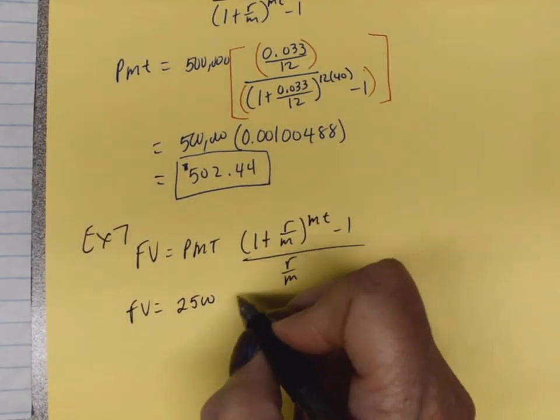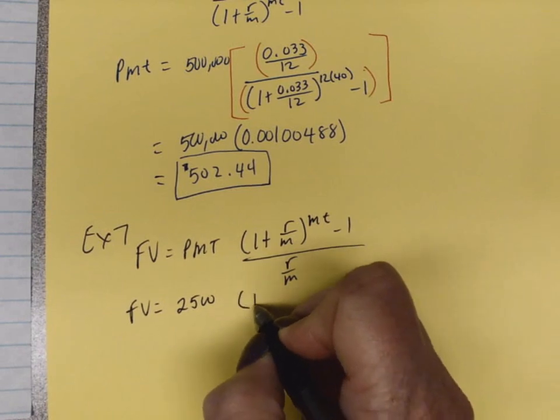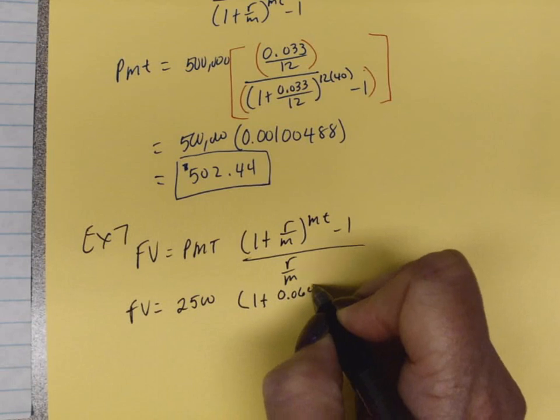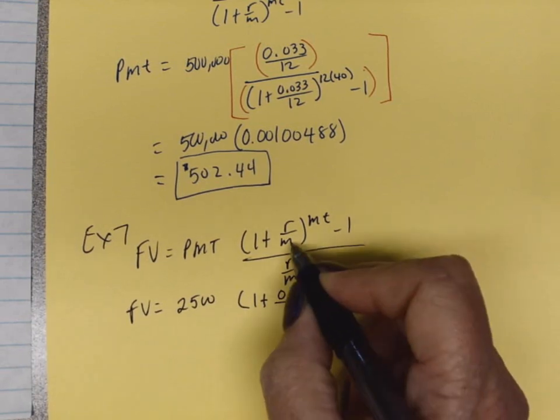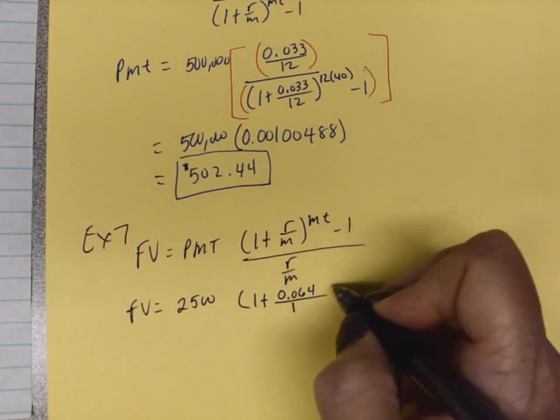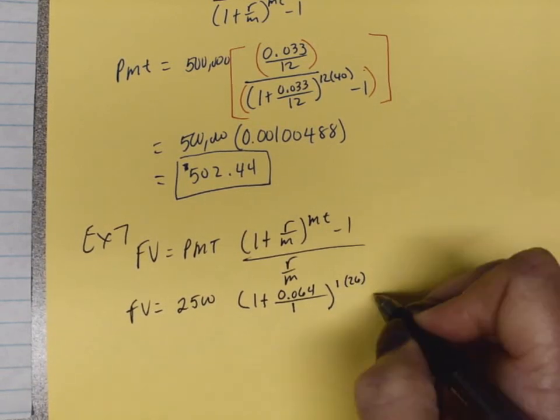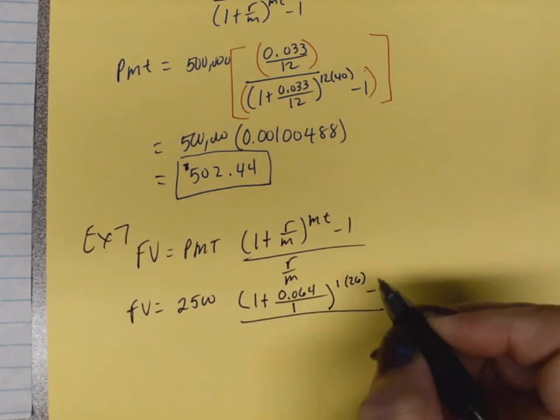He only made it once a year. So he's got 1 plus the interest rate, 0.064, divided by M. It was annually, so it's 1, raised to the 1 times T, minus 1, divided by